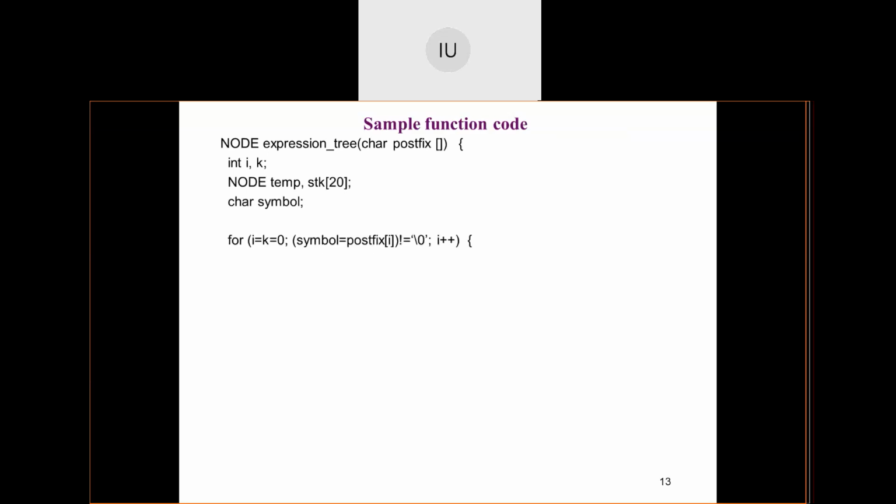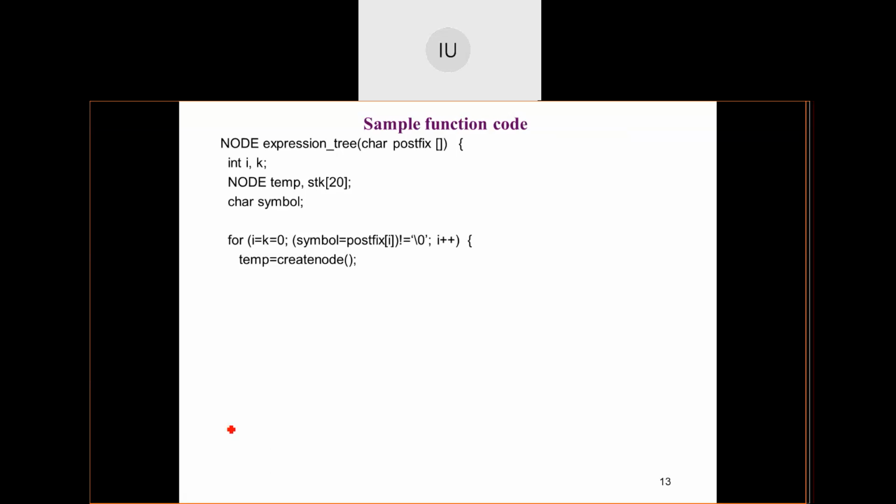I'm just writing the sample code for that. I have a postfix expression that I will scan from left to right until I encounter a null. For every scanned symbol, how do I check if it is an operand? Is it an alphabet or a number?